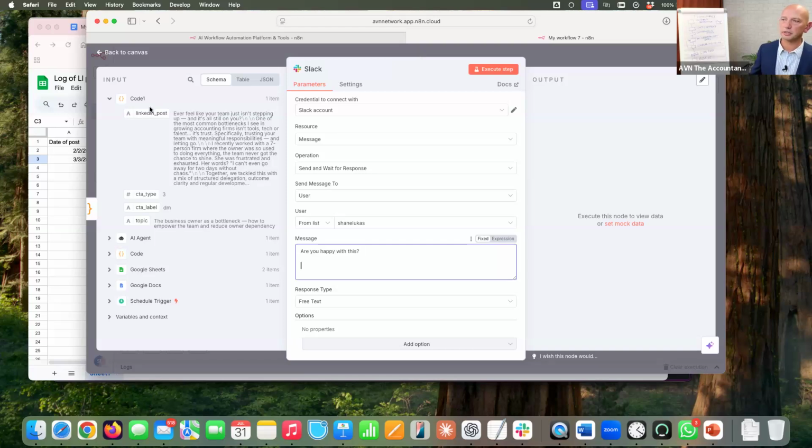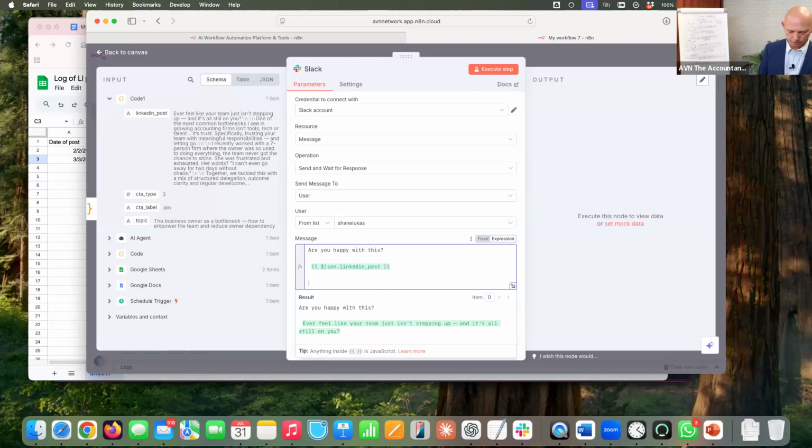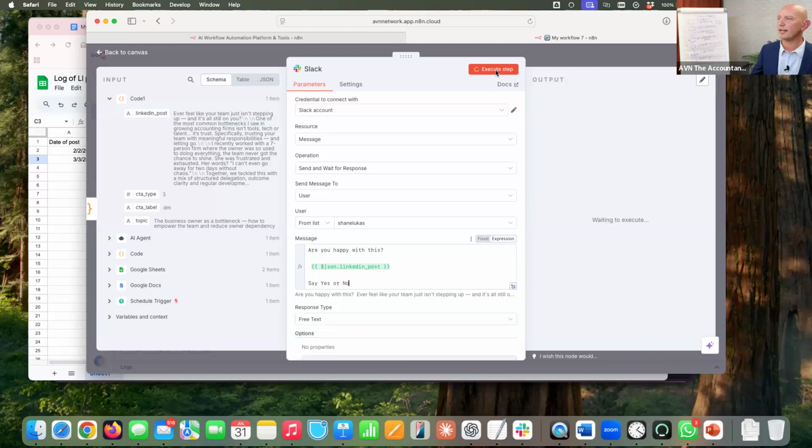Have a couple of returns. Then I'm just going to drag that in there. All right, so let's put that in there. We get to see a glimpse of what it's doing below. Okay. And then I'll just put, say, yes or no. Okay, simple as that. So if I execute this now, it's waiting for an input. It's giving me a green tick. It's waiting for an input.